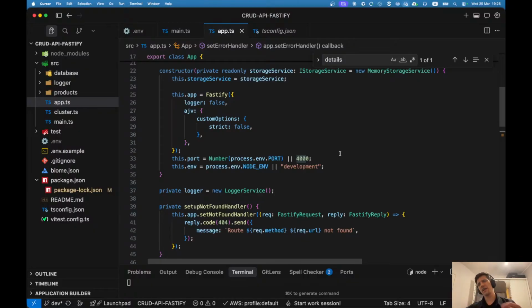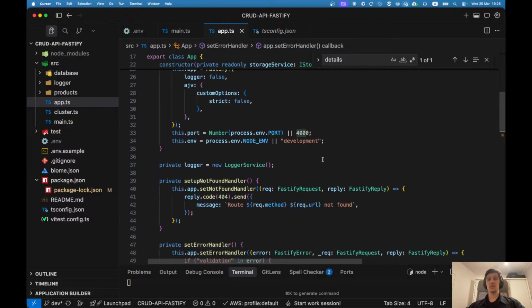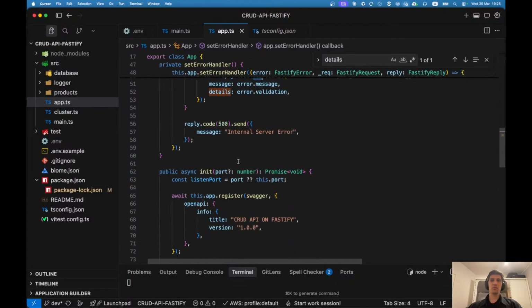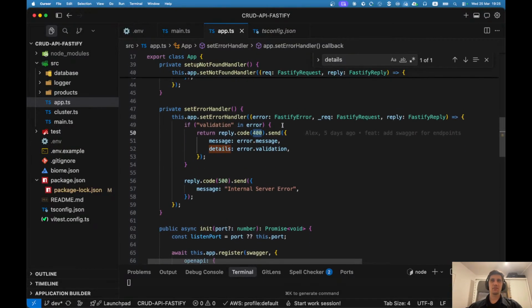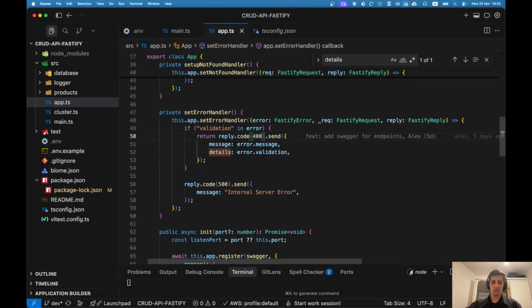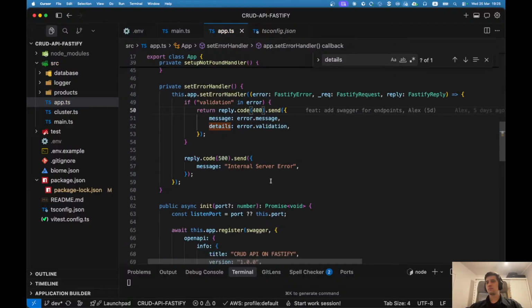If 500, it's internal server error. But anyway, typos can happen, and TypeScript will not help you if you will provide wrong status code. I mean, maybe you misplayed something and you put 4,000 here instead of 400, and TypeScript doesn't complain because 400 is a number and 4,000 is a number, so it's better to define this stuff somewhere and reuse it from this single place. But okay,